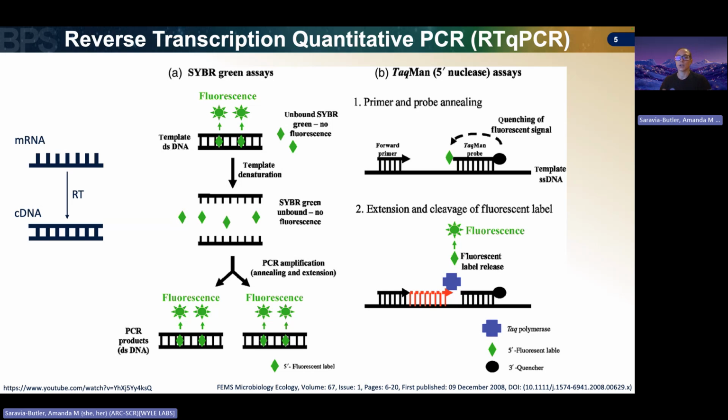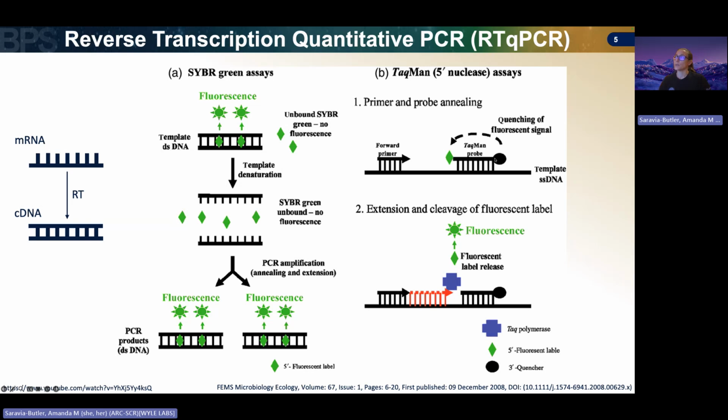In addition to our primers, we're also going to have a third region, a probe that's going to be specific to the region of our gene that we want to detect. This probe is also going to have a fluorescent signal on its 5' end and a quencher on its 3' end,